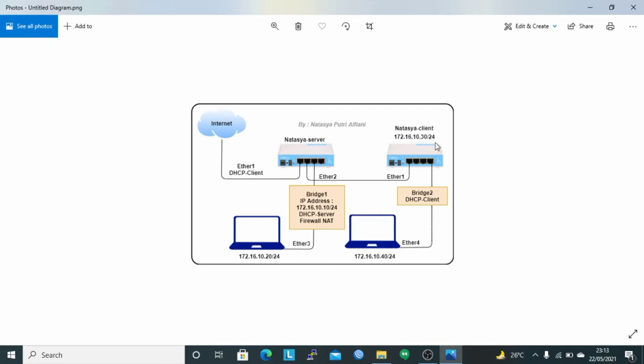And Ether 1 on this router client is connected to the router server, while for remote router client use Ether 4. And for the client on this router client, make sure the IP address is 172.16.10.40/24.